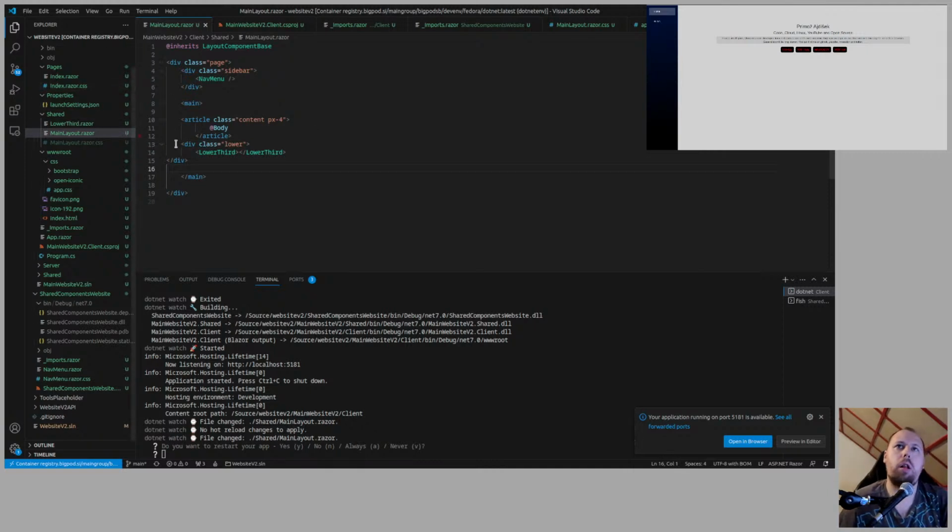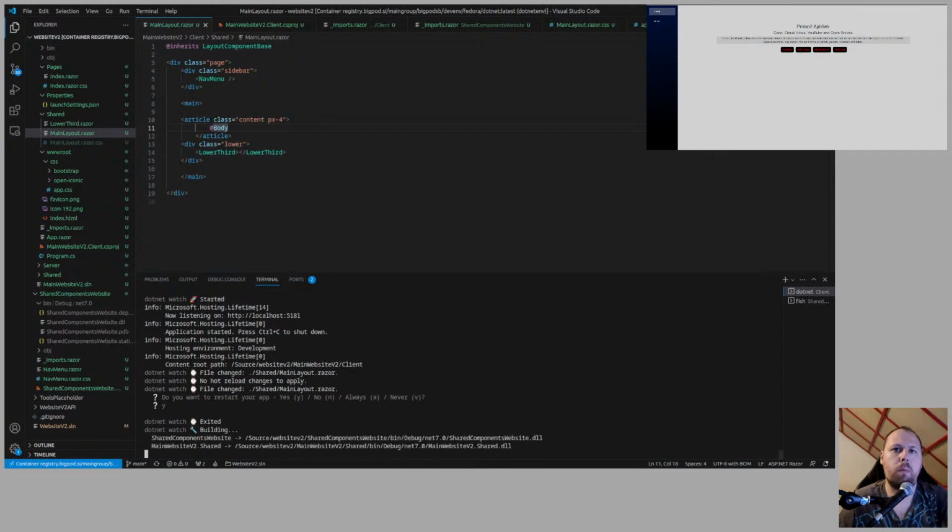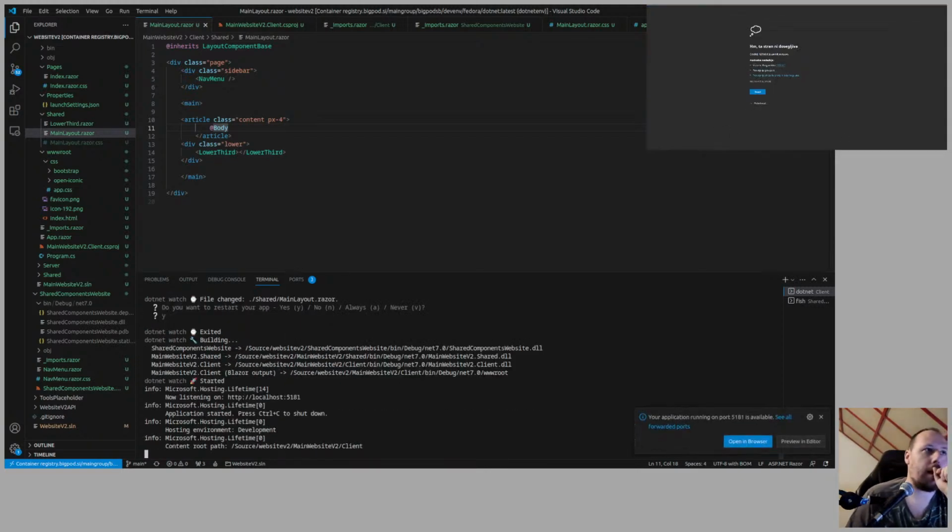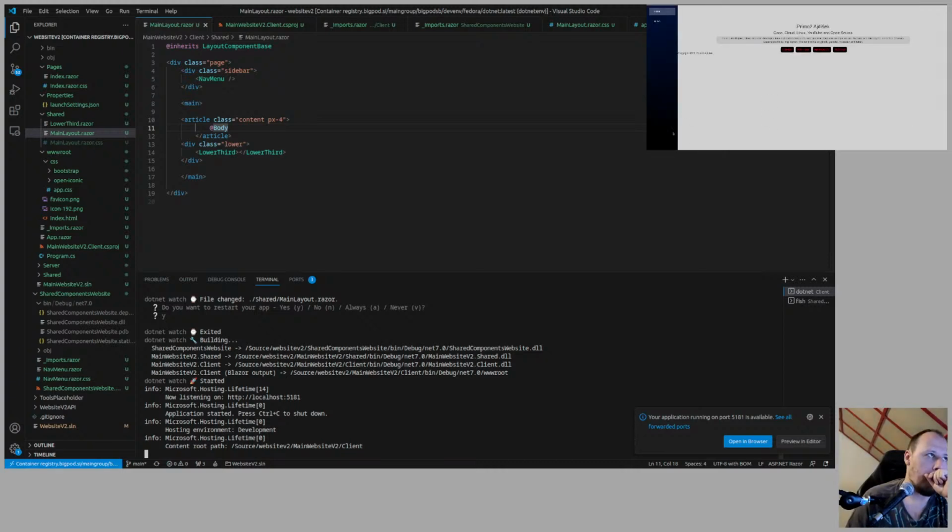It's on the left completely. The reason why it should be in main is so it's like below here. But then it